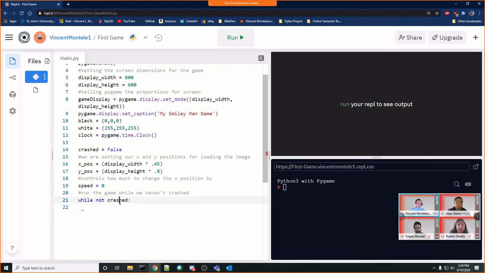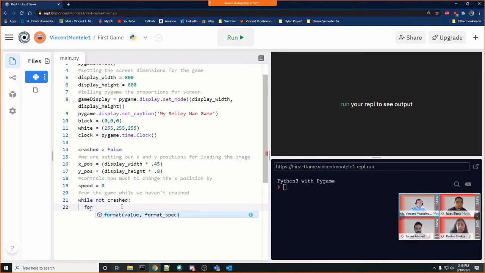So PyGame actually measures all those events. So what we want to do is go through those events and figure out when certain ones happen, like if we press the left key or the right key, we want to move our character.